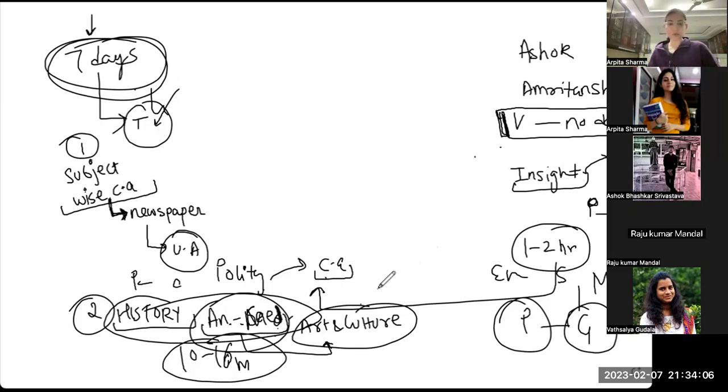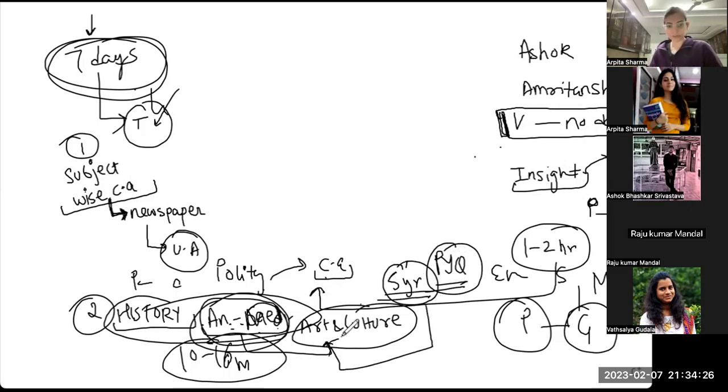सेकेंडली, मैं आपको ये बोलूंगी कि एंशियंट मिडिवल के लास्ट 5 साल के क्वेश्चन करके चले जाओ, अगर आपको कंटेंट पढ़ना अच्छा नहीं लग रहा है या इंटरेस्टेड नहीं लग रहा है। तो 5 साल के PYQ कर जाओ, कोई ऐसा फोर्स नहीं है कि आपको बुक ही पढ़नी है, NCERT करनी है। अगर इंटरेस्ट बिल्कुल नहीं आ रहा, PYQ करके जाओ, दैट इज इनफ, पिछले 5 साल के एंशियंट मिडिवल के। और आर्ट एंड कल्चर को 1 महीना नहीं देते हैं, आर्ट एंड कल्चर तो 5 दिन का सब्जेक्ट है।